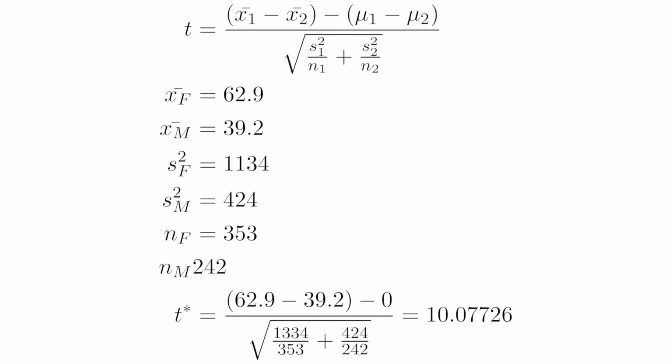If you want, you can download the data and do these calculations yourself for the means and variance, or you can trust me and follow along for now. The X bar of the female group is 62.9, the X bar for the male group is 39.2, the variance for the female group is 1,134, the variance for the male group is 424. The sample sizes are 353 for females and 242 for males. Plug all those into our T formula to get a T star of